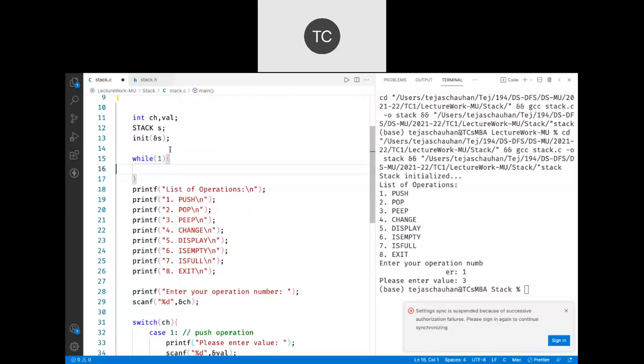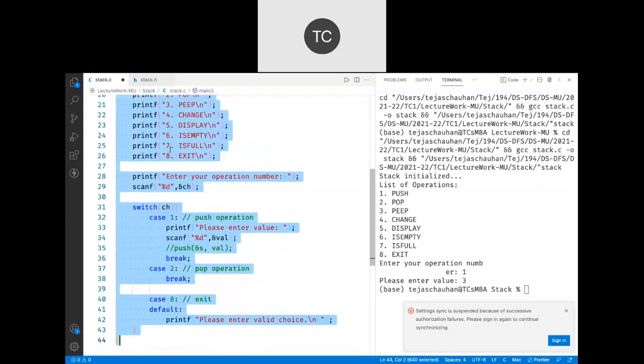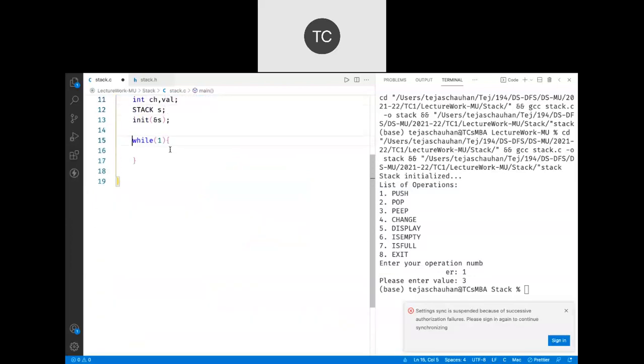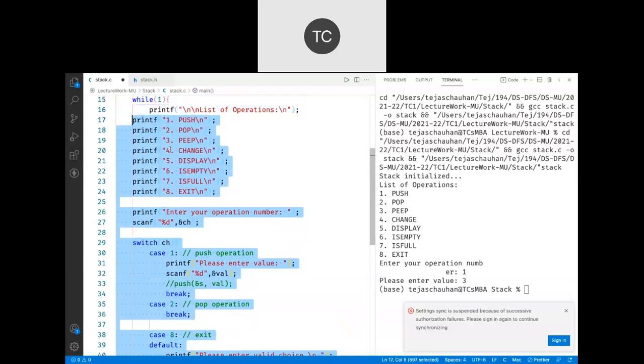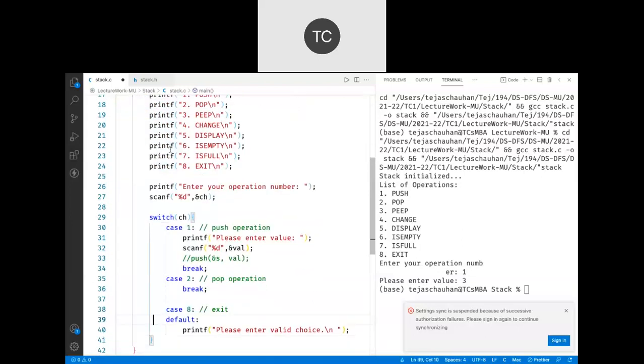My program will run infinitely until the user says so. So I'll have an infinite loop, and then what we do here is, let's take this entire code, your menu, user's choice, and the switch case. Your entire code is going to be part of your while loop. You put it inside the while loop. So now this is a part of the while loop,